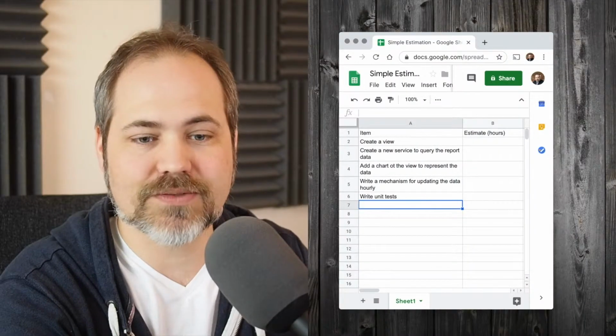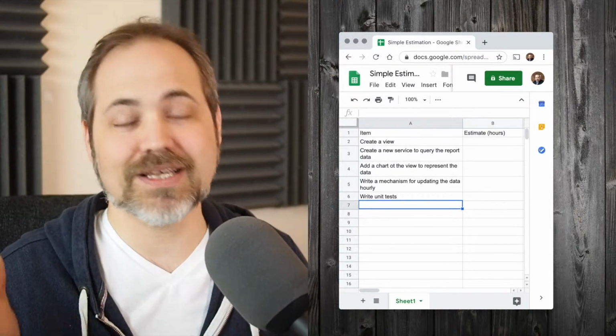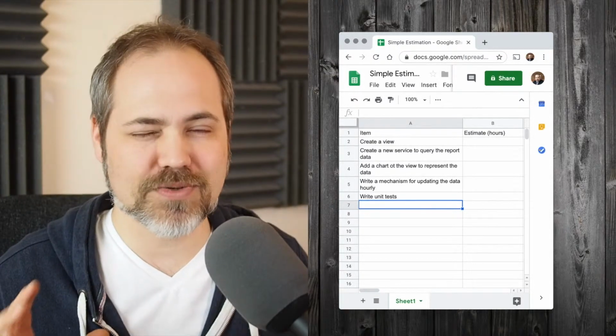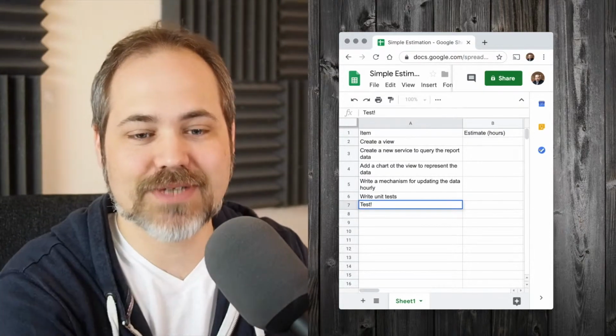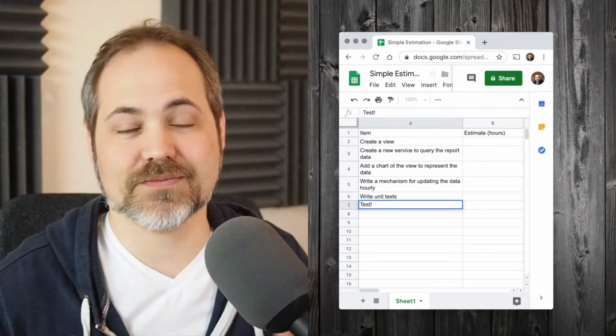Sometimes I won't add this next one in as a line on its own. Sometimes I integrate it into the tasks themselves, particularly if it's a much bigger piece. But we need to write some unit tests. Unit tests are important. Some people don't agree, but I think most probably do because we know how things go in the real world. And then I'm going to add in some time for testing